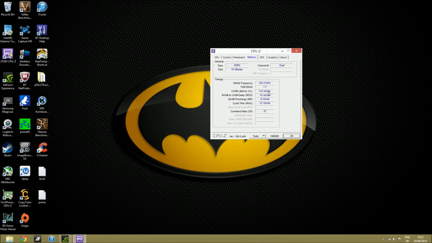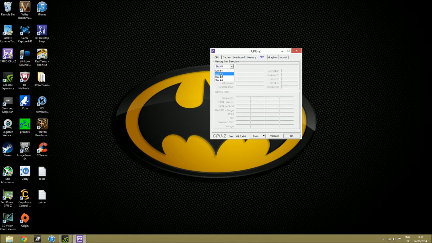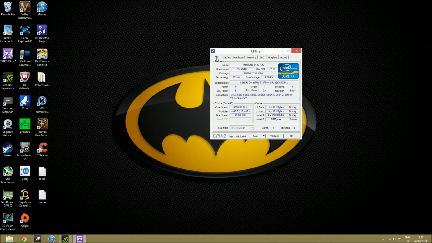And it also shows the clocks 910, 927. And when we go into here, we've got slot 2 and 4. Shows the XMP profile that we did in the BIOS, which is auto, comes out at 910, 927 at 1.5 volts, 933, 1866. Very, very easy, and it's a fantastic tool because it shows you all the changes you make. The second thing we're going to need